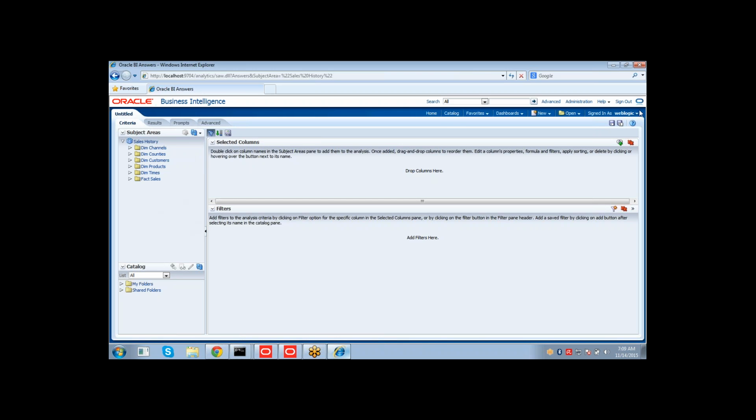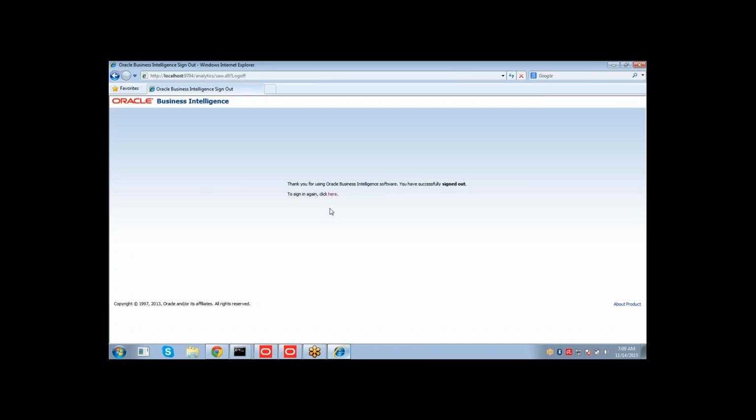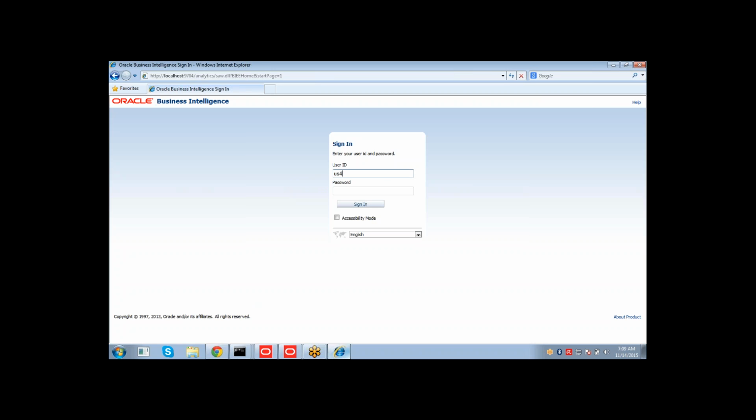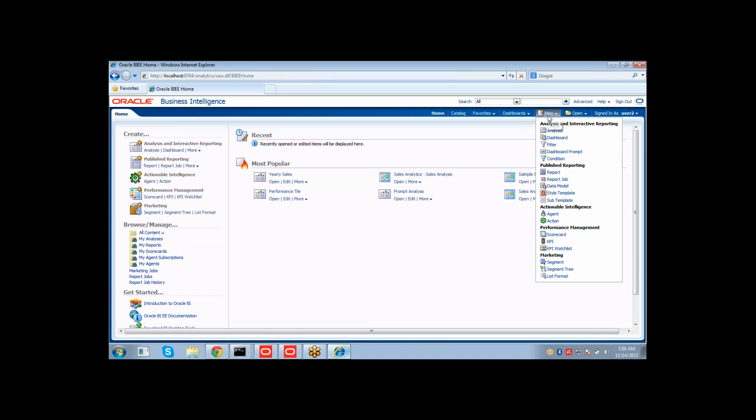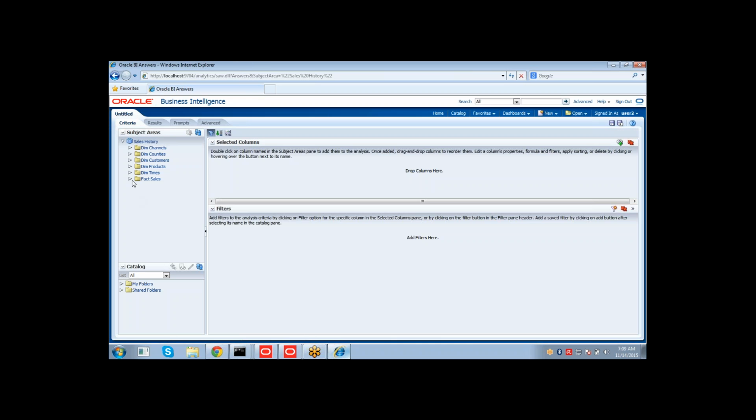The server metadata gets reloaded, and now log in with user 2, because we defined data level security under user 2. When user 2 tries to create an analysis using the column calendar year,